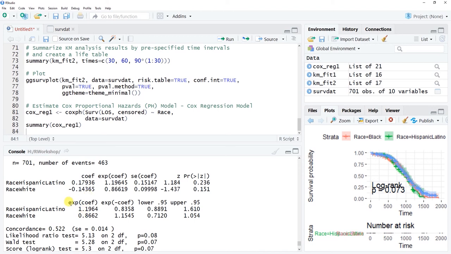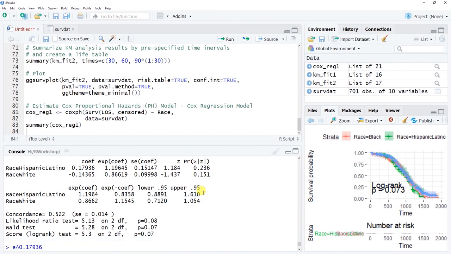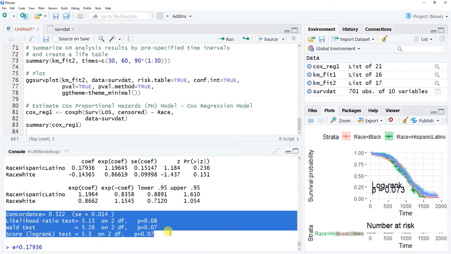And here you see the exponentiated coefficient values. We see these repeated here, as well as their reciprocal provided here, and their upper and lower confidence interval. We're not going to interpret this because they're non-significant here. But what we will do in this particular example is look at this bottom model level information,